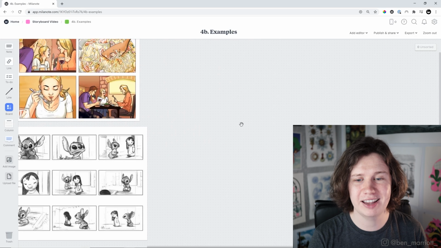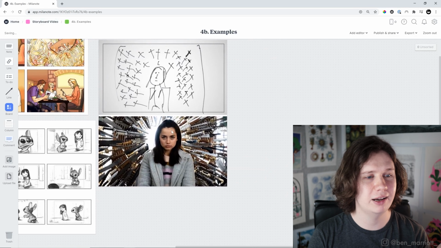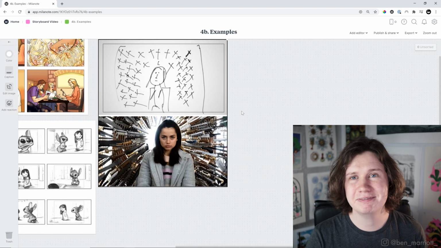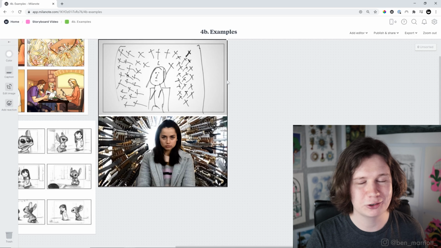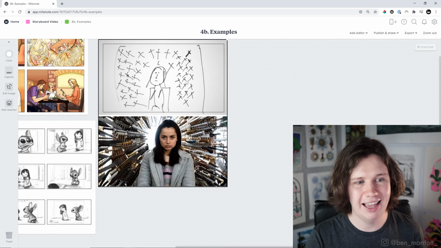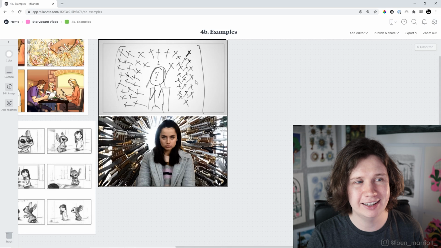And another example is how you can be really loose with them if that's what you need. So this is from the movie Knives Out, and I think Rian Johnson even drew this himself. And for here, there doesn't need to be a full color, beautiful illustration. This communicates everything it needs to for him and for his team, and there's no client that needs to approve this or anything beyond himself. So if you're making something for yourself, you can be a little bit looser,